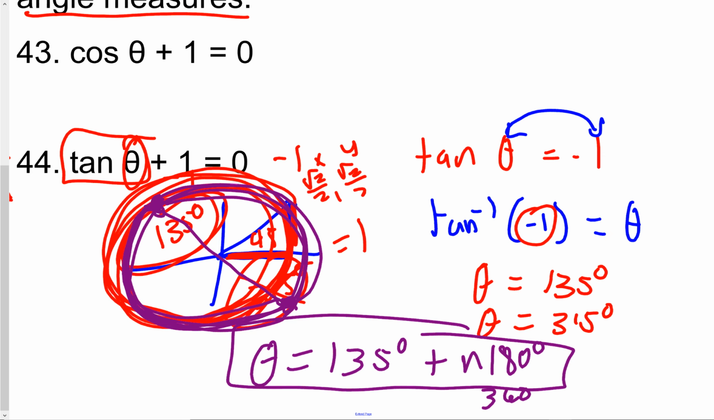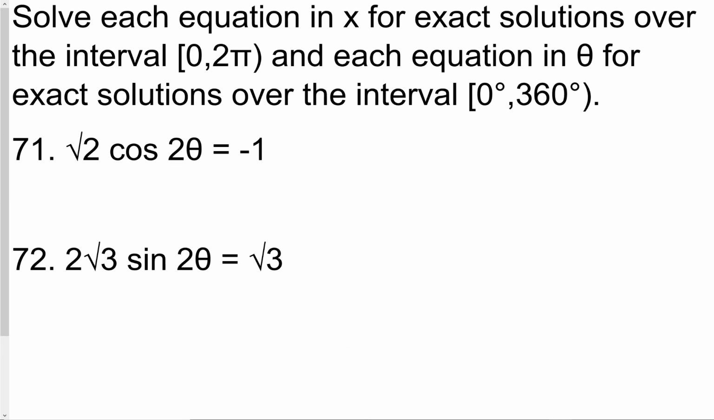Okay. Let's see about 71. Trouble with 71, so I'll do 72. So this actually does give us parameters. If we're talking about x in radians, or if we're talking about theta in degrees. So here, we do have parameters. So we're not talking about all solutions, right? Because we have